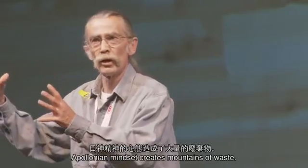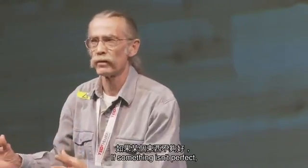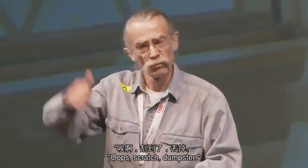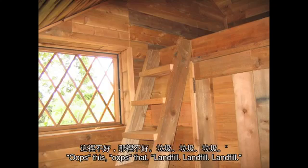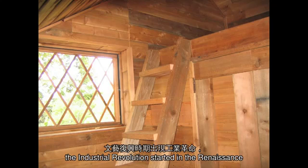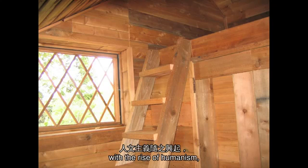Apollonian mindset creates mountains of waste. If something isn't perfect, if it doesn't line up with that premeditated model, dumpster, scratch, dumpster, landfill, landfill, landfill. The third thing is arguably the Industrial Revolution started in the Renaissance with the rise of humanism,